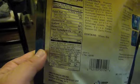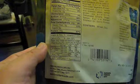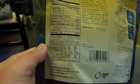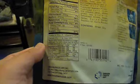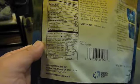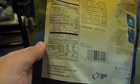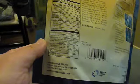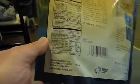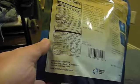Some nutritional facts on the back. It's got 7 grams of fat, 1 gram of saturated fat, 0 trans fat, 20 milligrams of cholesterol, which is 7% of your daily intake, 870 milligrams of sodium, 36% of your daily intake. Potassium is 370 milligrams, that's 11% of your daily intake, and total carbohydrates is 24 grams, which is 8%. The dietary fiber is 3 grams, sugar is 4 grams, protein equal to 14 grams, 27% of your daily intake. It's got vitamin A 70%, vitamin C 25%, calcium 2%, and iron is 10%,